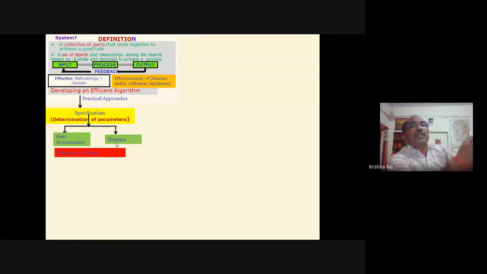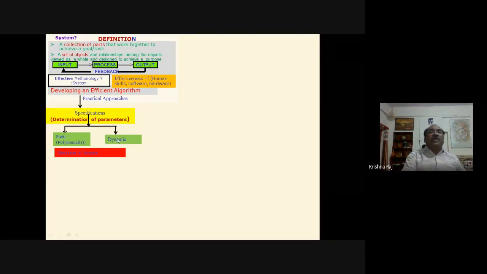Memory has a capacity to store the information so that it can be reproduced or retrieved at the time of the requirement in order to perform in a desired manner. So if we are interested in the static system, then there is no memory, and in the dynamic system there is memory. And as we have discussed, if we are interested in the dynamic system, then those systems will be represented either by the differential equation or by the difference equation.